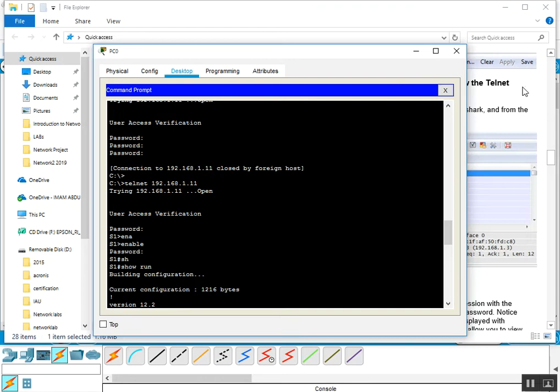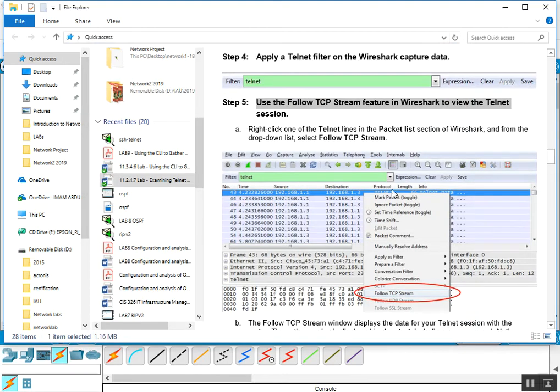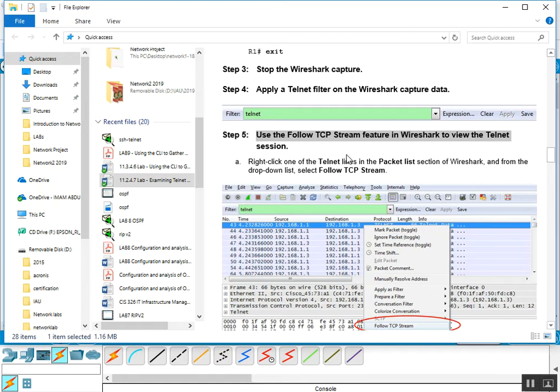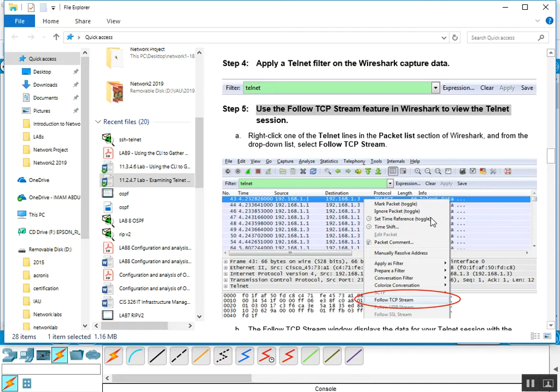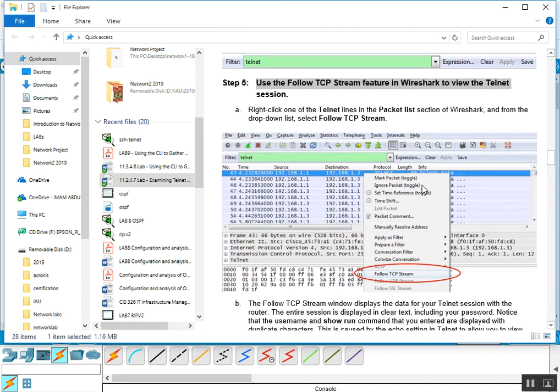Here we have an example of Wireshark captures for packets when we use a telnet connection. Here we have to capture this packet, and we have to select one of the telnet packets. We filter the captures with the telnet packets, and when we select one packet and follow the